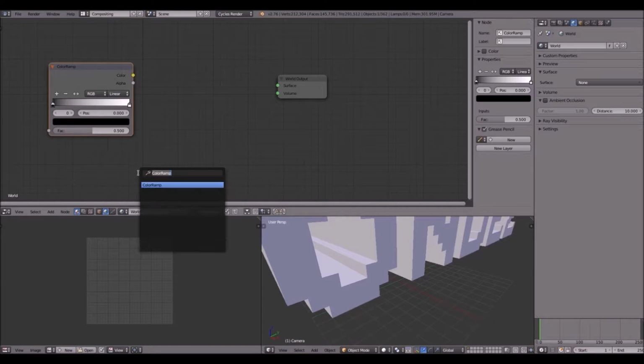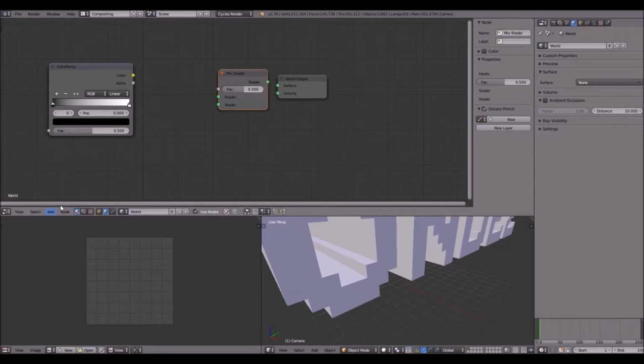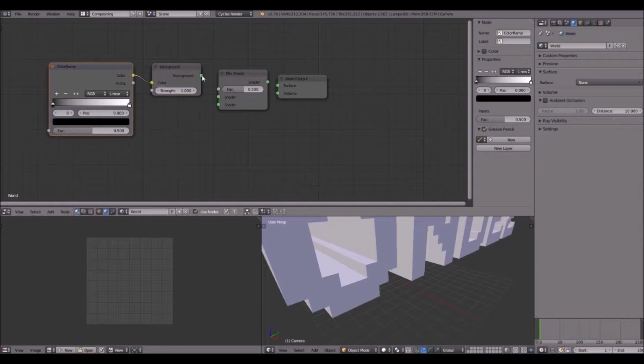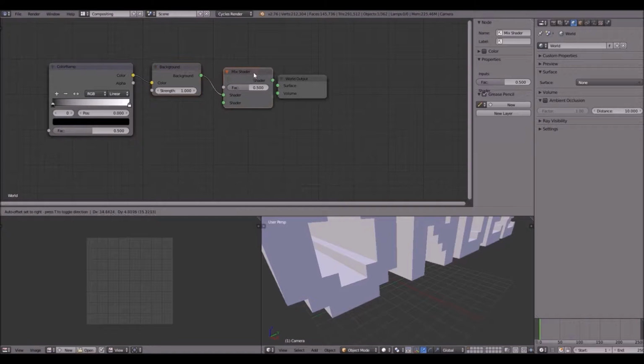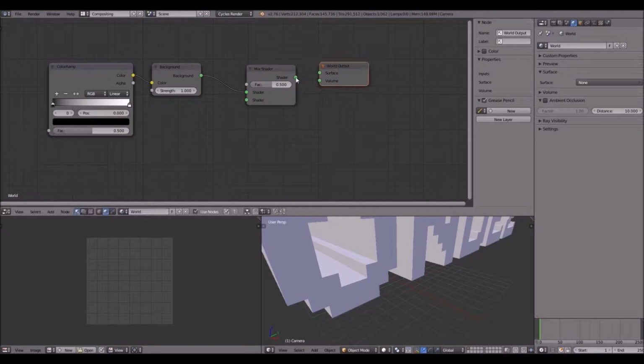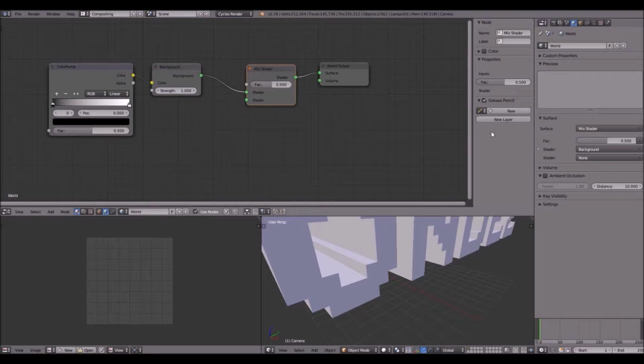Shift A, mix shader, and then we want to add a diffuse shader. Where's, probably just that. Yeah, it's just background. They've got rid of diffuse, so we want to plug that in there and plug that in there, and we want emission as well, because the background, the sun. No, we don't really want too much emission, so we're going to have that as surface, and we can quickly have a look at this preview, and that's the color it will be. And now we want to have this as